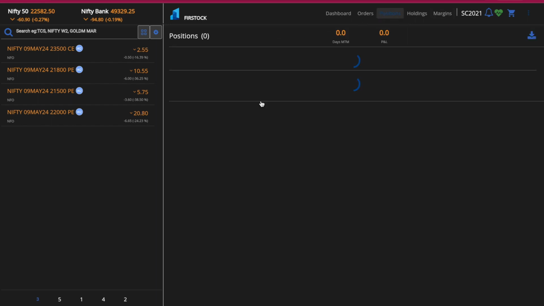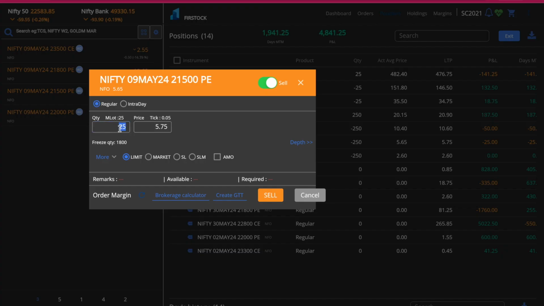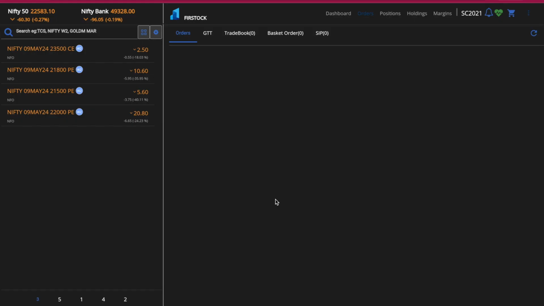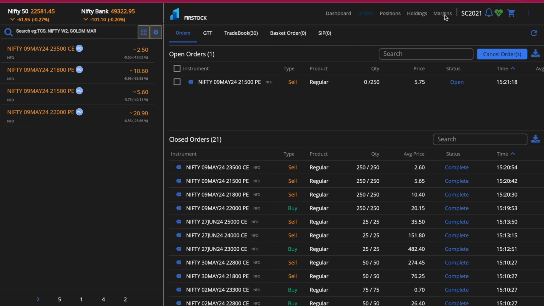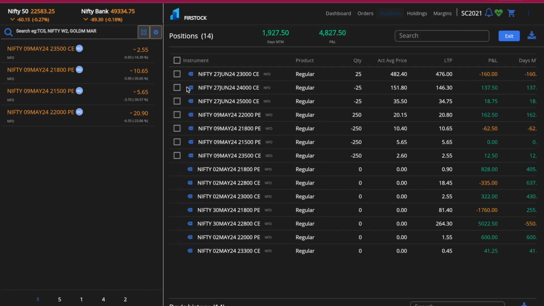Okay, so in this 3 lakhs we have to double this quantity here. We go ahead and place this 20 lots, sell it. Okay, 50, we sell this over here. Check out the margins. These are decent, and what we do, I'll go for orders,